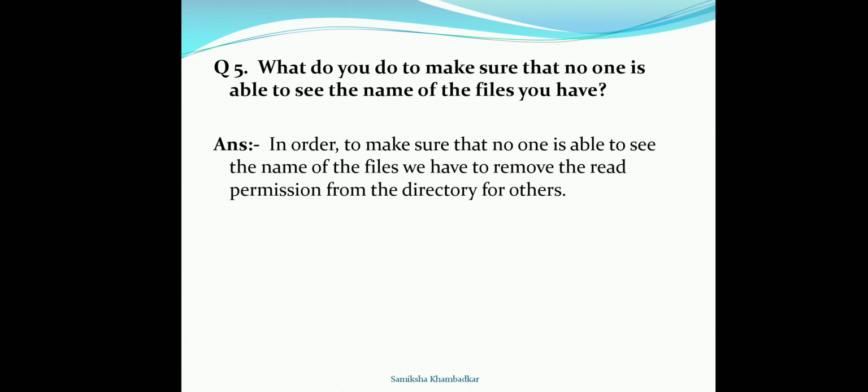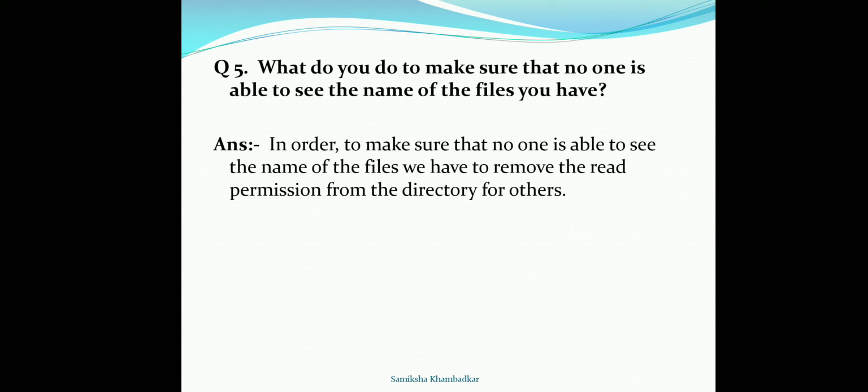Unix gives us the freedom to give permissions for read, write and execute for the files we have. By removing the read permission from the directory, no other user can see a file's names without our permission. So here we end with the questions.